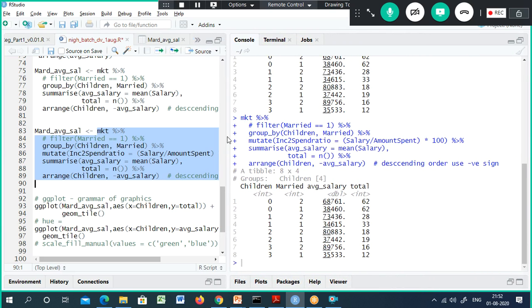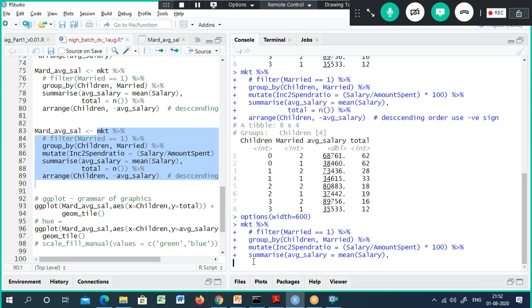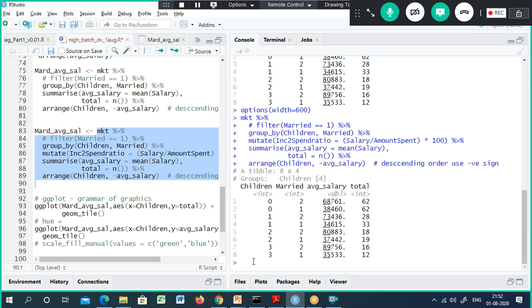Income to spend ratio is not coming here. Okay, let me do one thing here. Set options. Children, married, average salary, total.